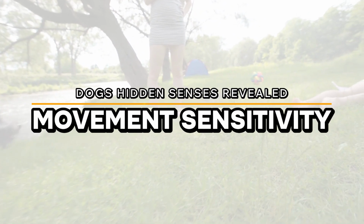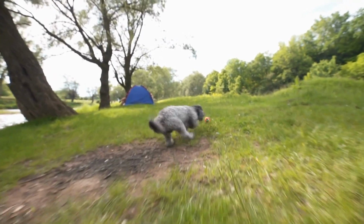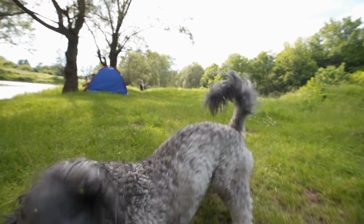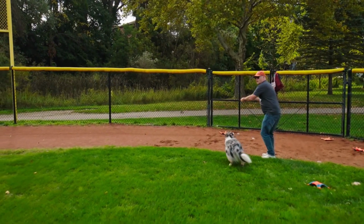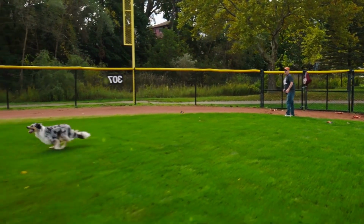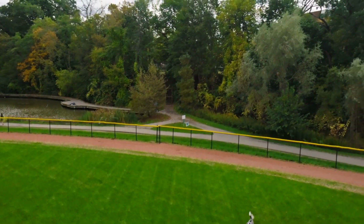Motion sensitivity. Dogs are exceptionally good at detecting movement, a trait rooted in their hunting instincts. Even if their vision isn't as sharp as ours for distant objects, they can spot the tiniest flicker of motion, which explains why they perk up at the slightest movement, whether it's a squirrel in the yard or a ball flying through the air. Their ability to quickly react to fast-moving objects makes them excellent at activities like fetch or